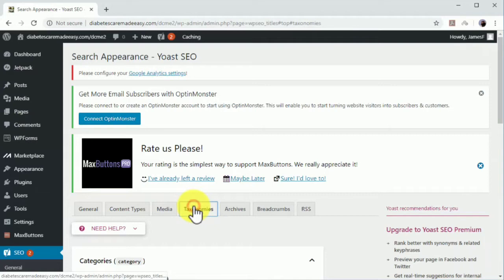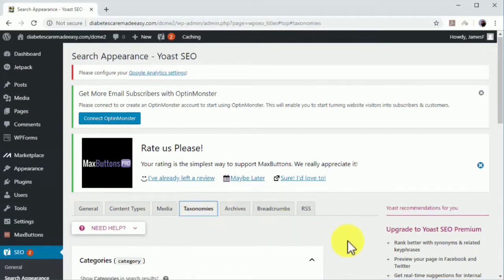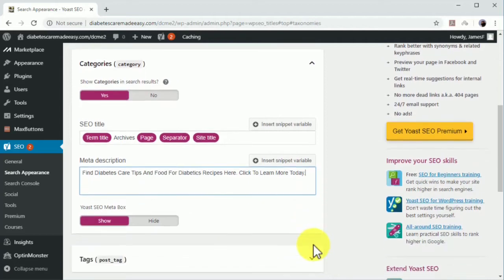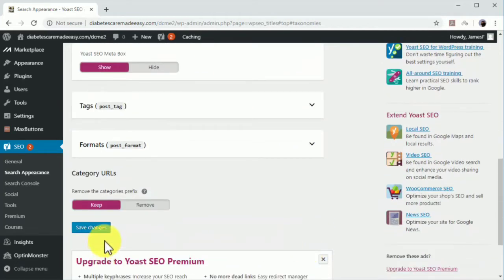Now click on the Taxonomies tab and then on the Meta Description field to write your meta description. Rules to write the best possible meta description include making sure to include your main target keyword in your meta description, including additional high-volume search terms in your niche, and including a call to action to invite search users to click on your link. Your meta description should be 155 characters or less, or they will look incomplete in search results. You can click on Save Changes after writing your meta description.